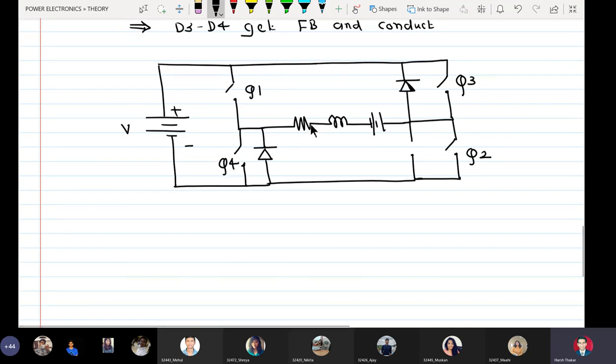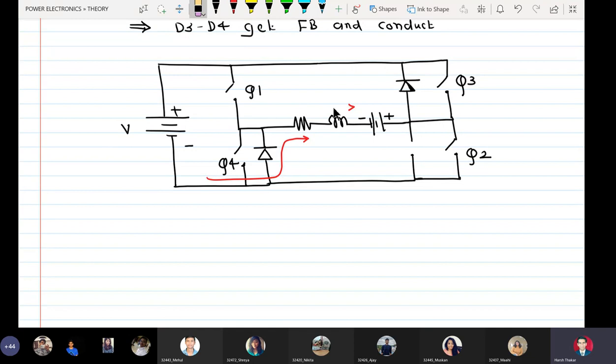So see now how the current is flowing. See plus and minus and see the current flow now. The inductor was conducting like this, so current now flows like this, students. This is very important. It goes like this and like this. We can see here that the inductor is pouring energy into the source. This is called feedback. That is why D1, D2, D3 and D4 are called feedback diodes.